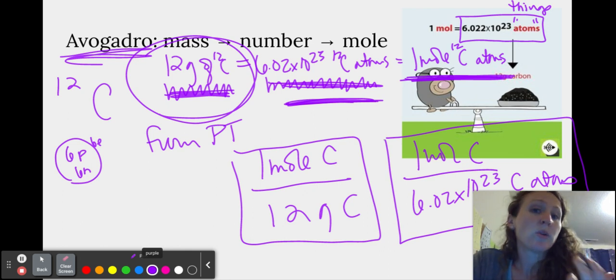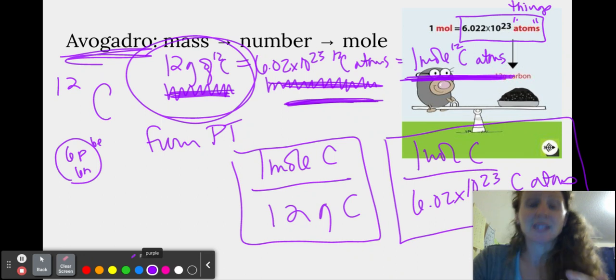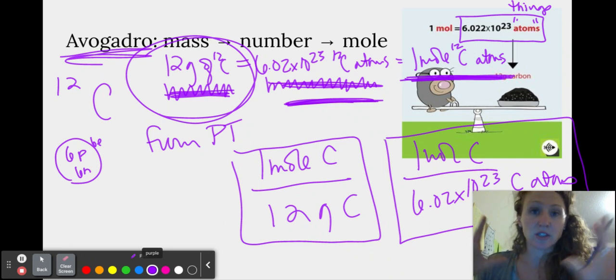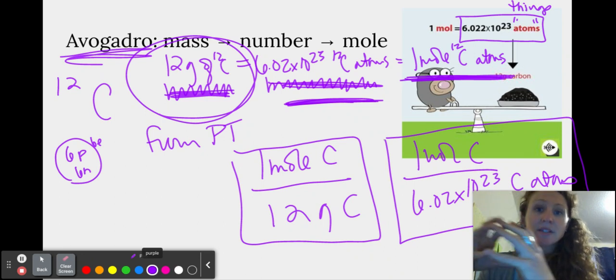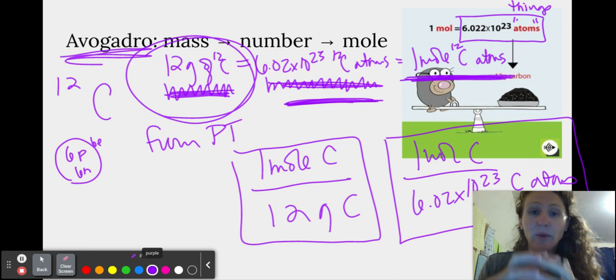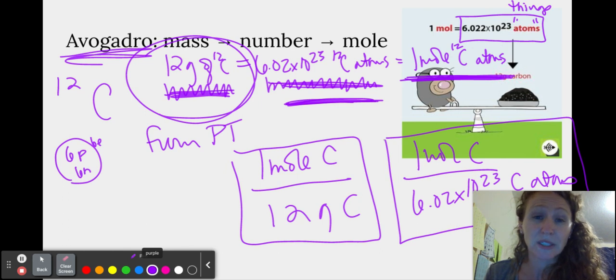So this is why the mole becomes so important, because it's easy for us to use this group to count quantities that we have of atoms or ions or particles, right? Counting individual water molecules is really difficult. Counting out a mole of water molecules is something we can do in a graduated cylinder. It becomes really easy